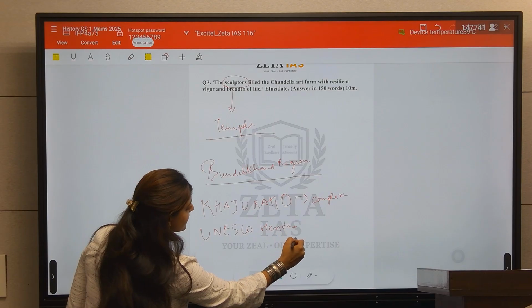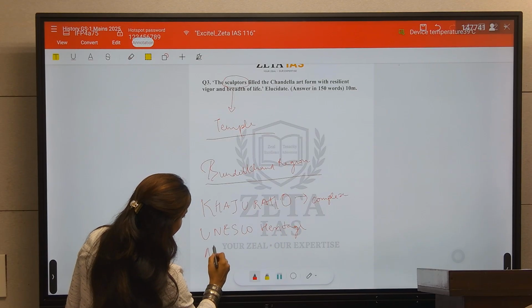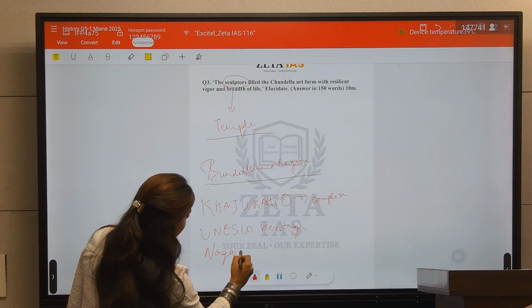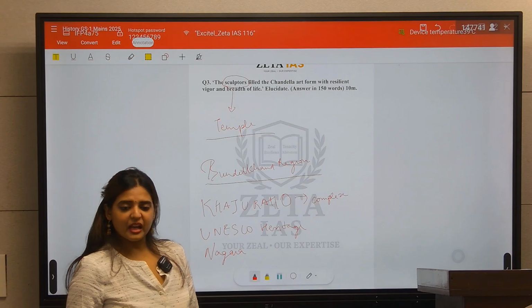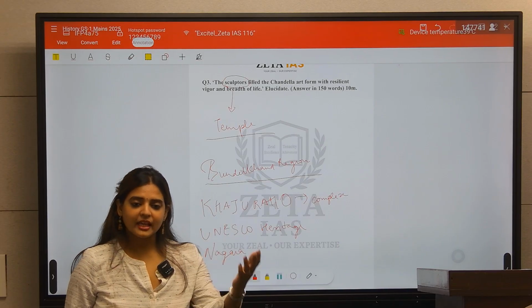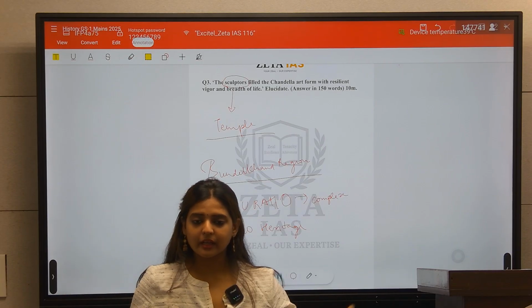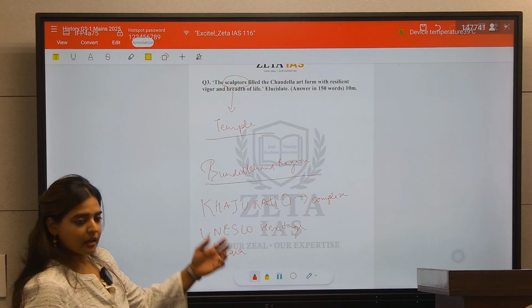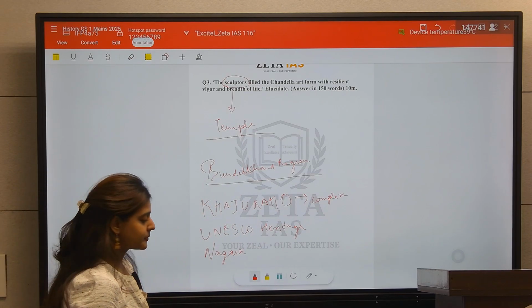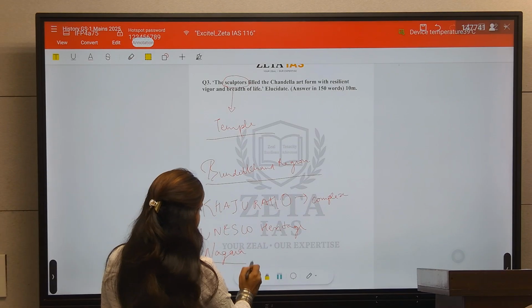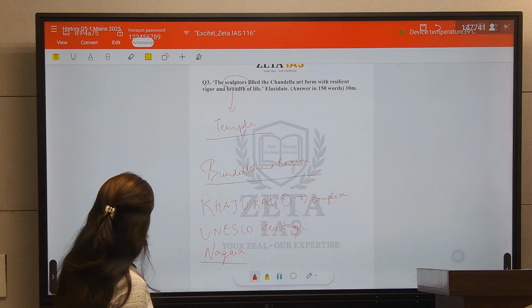it is made in the Nagara style of architecture, where you have a raised platform, access to the staircase, there is a Garbhagriha, and there are raised towers. So you can write about that. There were a lot of other